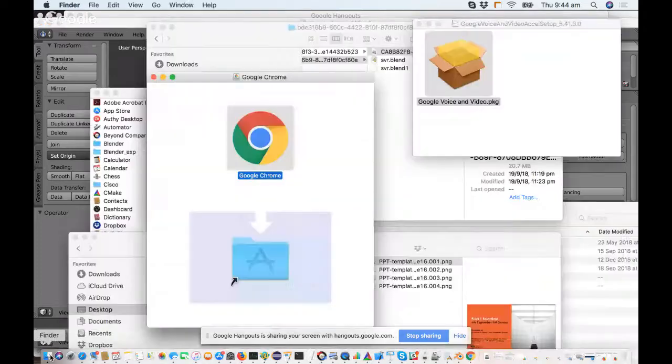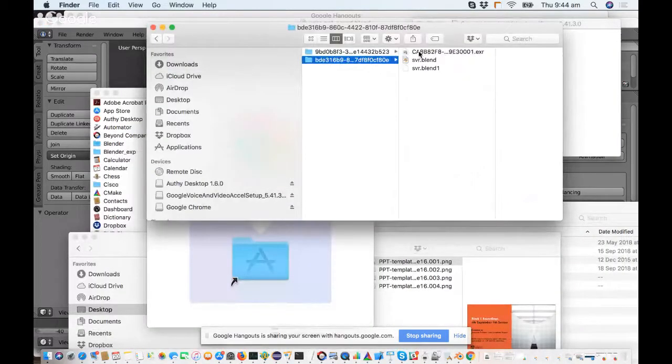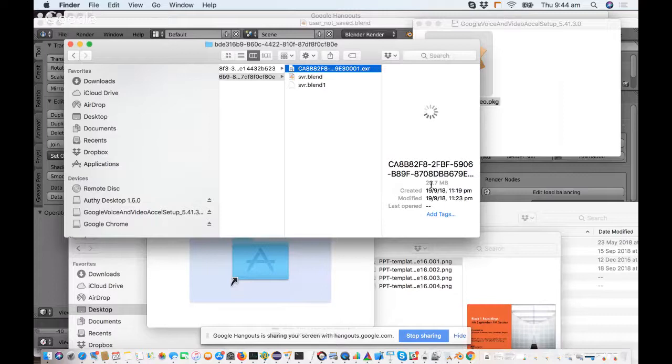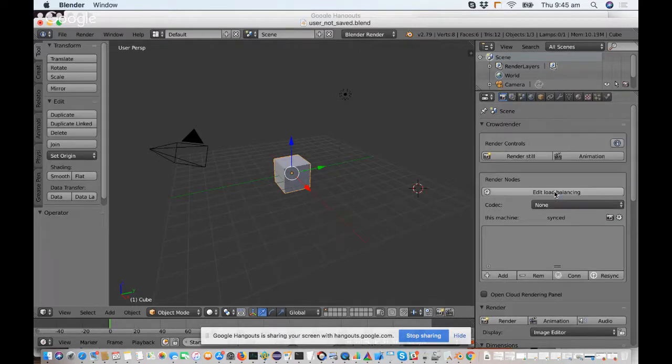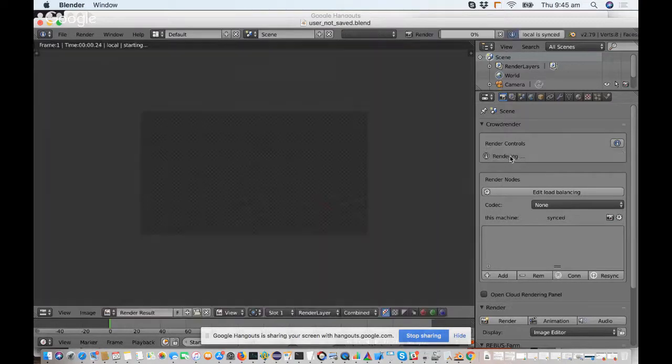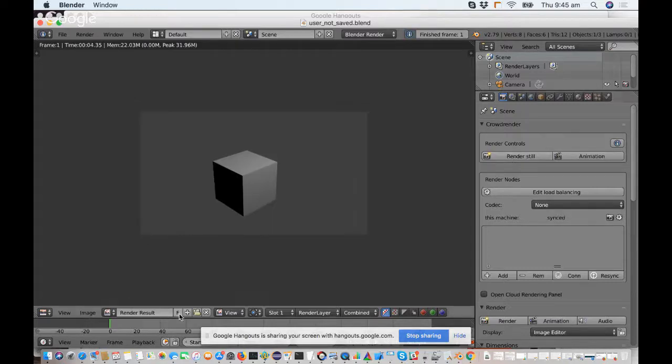And you can actually use it to select which compression format you use, and you can actually see the difference. For example, if I go over to, so this is the image file that I've been using to test with, and you can see, actually, that's not the one I was testing. This one is. So this was with a lossy compression format. It's about 86 kilobytes. So I actually rendered just a default cube scene, and I think the one that did 86 kilobytes was this one, PXR24. If I switch it over to none, I do a render. It's just going to be real quick because it's Blender internal. So if I go back now,